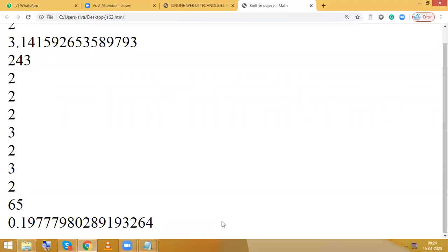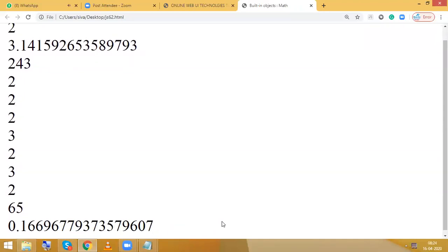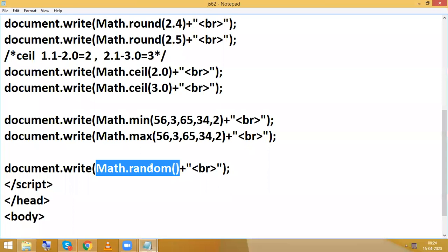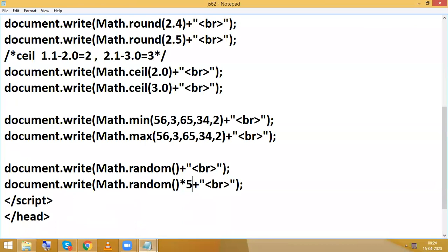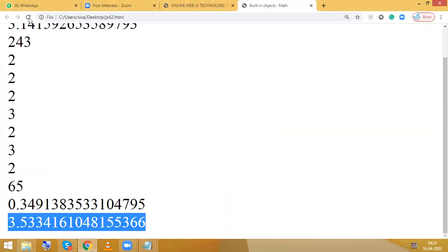Whenever we refresh, automatically a random number is generated. It generates between 0 and 1, so less than 1. That is the meaning of Math.random. Suppose I give Math.random times 5, that means it will generate only between 0 and 4.